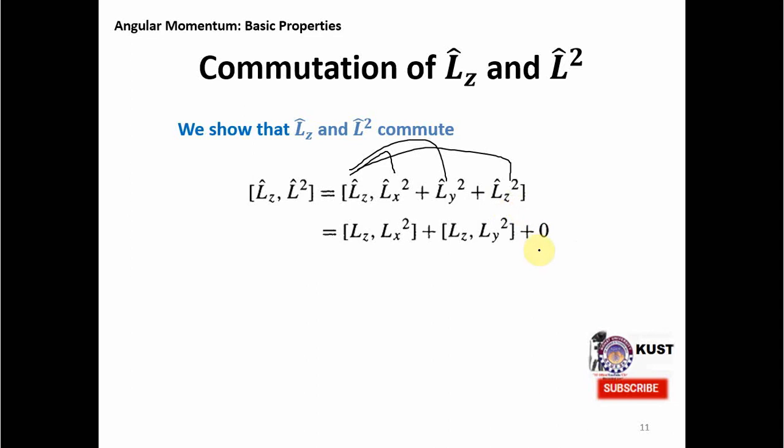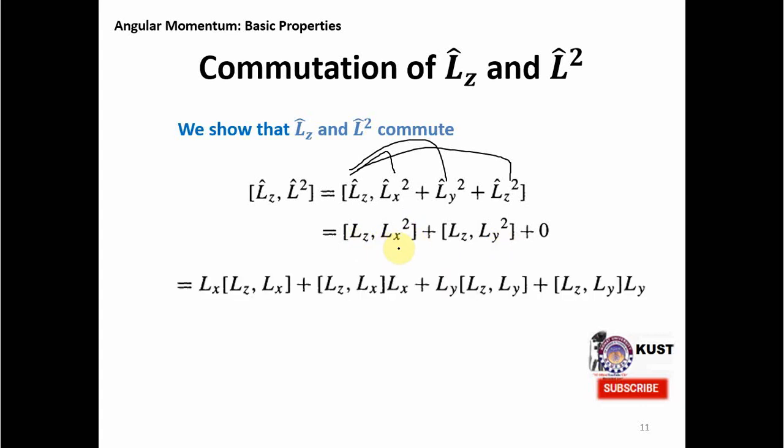That's why we get 0 over here, and then we are left with the two commutators. But again, these are not just the two commutators, but actually 4 commutators because of the Lx square and Ly square in the second terms of these commutators. And if we open them up, that is we write the Lx square as a product,